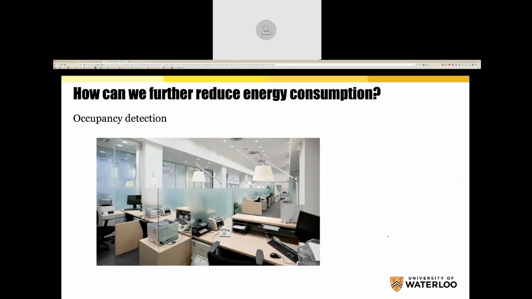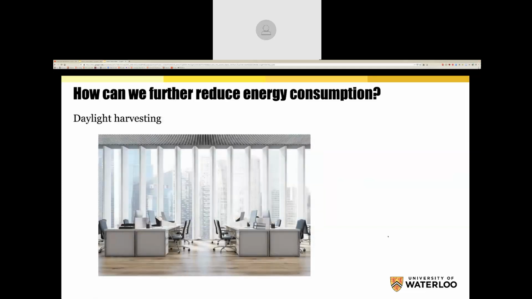You might want a certain low level of illumination in order to not bump into stuff as you're walking around, but you don't need all this level of lighting. And similarly, if you have daylight coming in from outside, like shown over here, you also have the opportunity to reduce your lights because you have a lot of sunshine available. So this is what's called daylight harvesting. So the bottom line is if you're able to do daylight harvesting and occupancy detection, we can save about 40% more on LED usage as well.